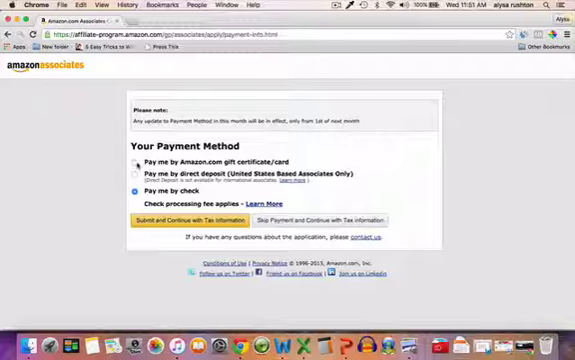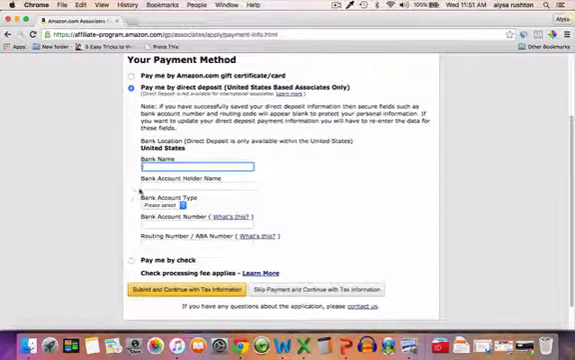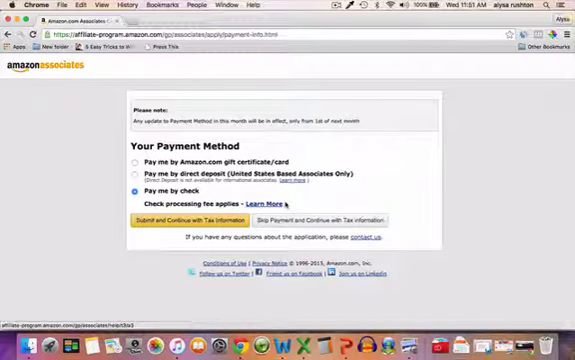Now here, you're going to have to choose a payment method. So I like the Pay Me by Amazon gift card because living in Hawaii, I purchase quite a few things off of Amazon. However, you can also do Pay Me by direct deposit, in which case you would just put in your banking name, your account holder name, your bank account type, your account number, and your routing number. And this payment type is nice because it's a direct deposit and there's no processing fee. Now you could choose Pay Me by check, but there is a processing fee that's applied. So for our purposes today, I'm just going to select the Pay Me by Amazon gift card, submit